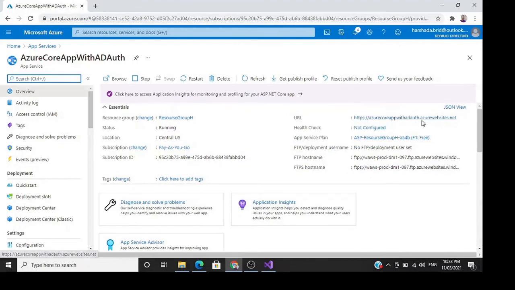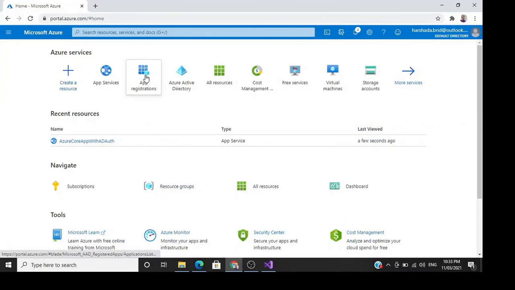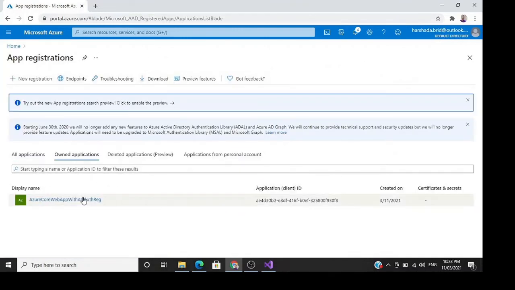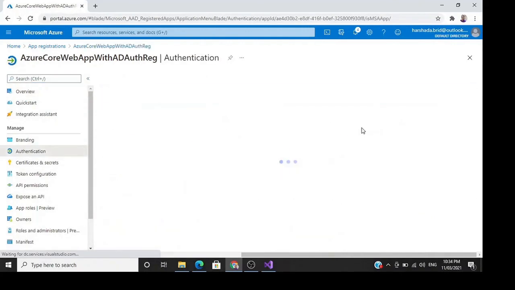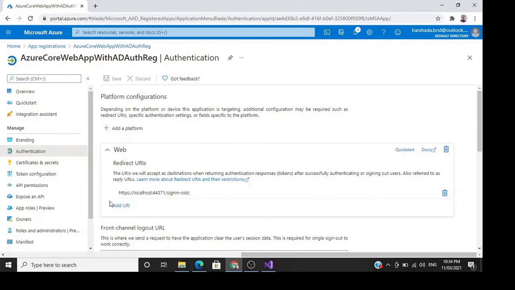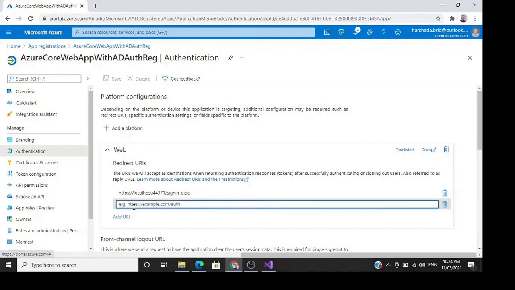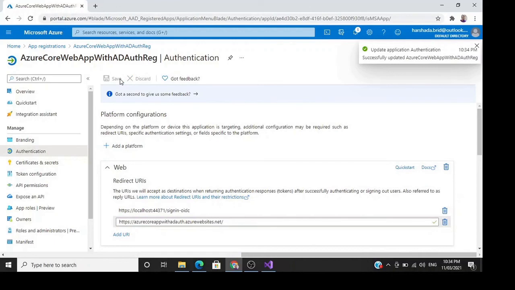So we'll copy this URL from here and go to the app registration and add the reply URL. Append the signin-oidc over there. Oops, I've saved.